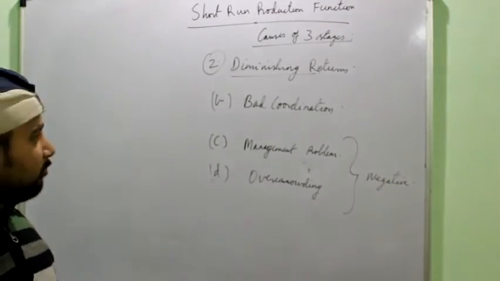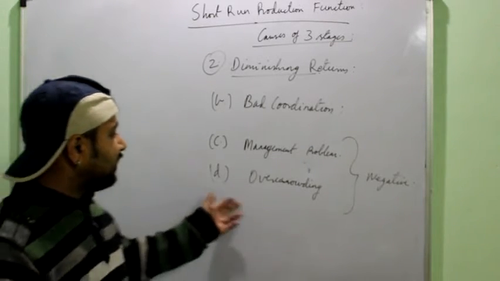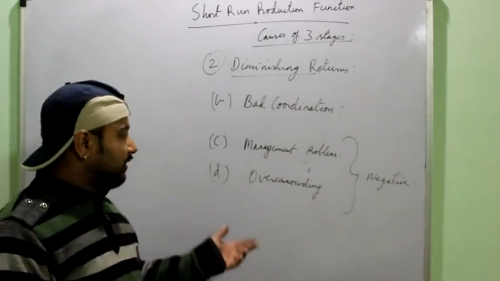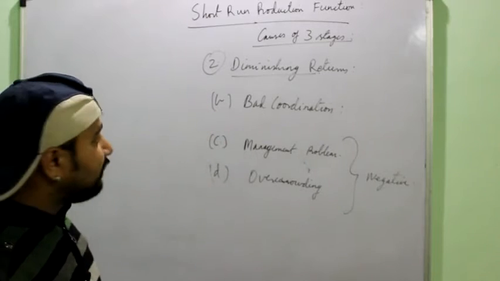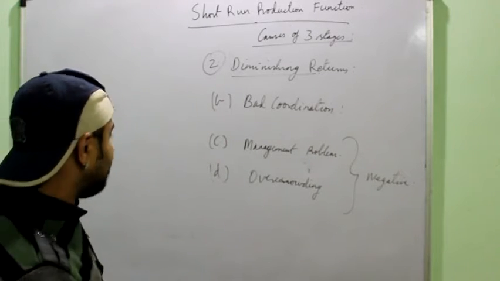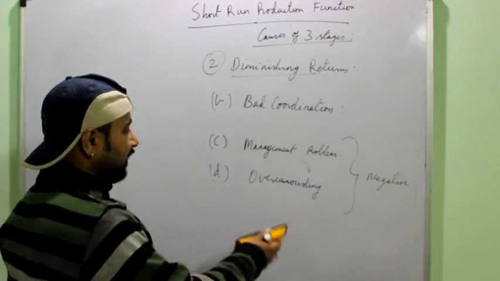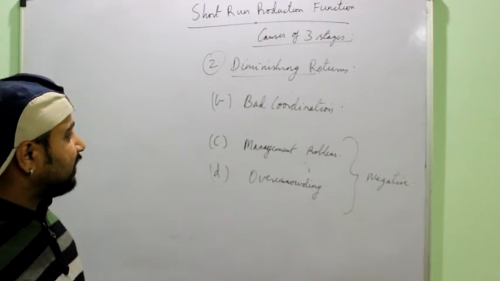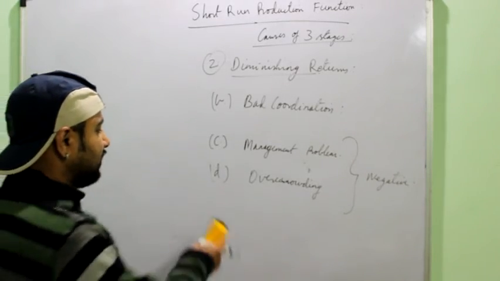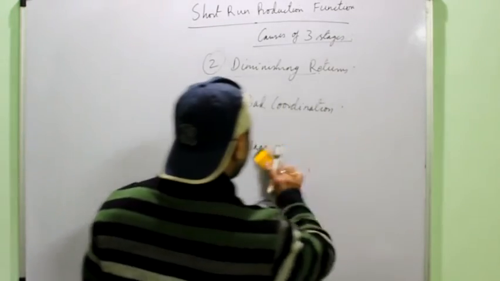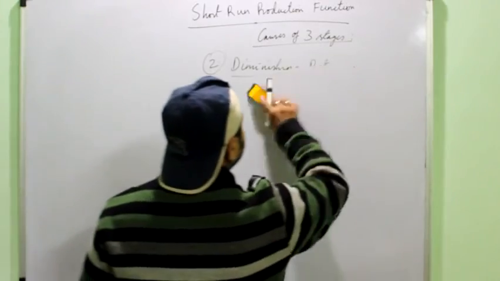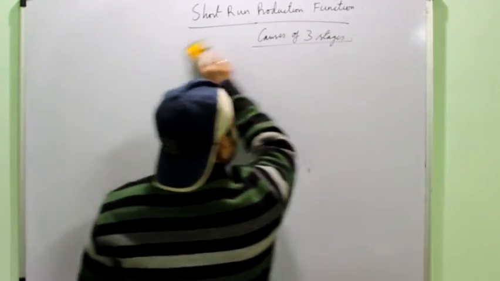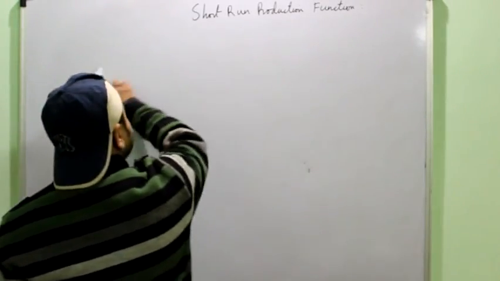Right? So for the diminishing returns you can have 2 causes, and then you can have this third one. Or you can also amalgamate it with the diminishing returns if it is asked, right? Overcrowding means again movement problem, all sorts of problems, tools not kept at a proper place. So you can note down all these words and explain them. Overcrowding again leads to the negative returns.